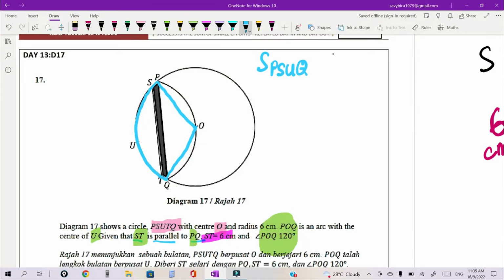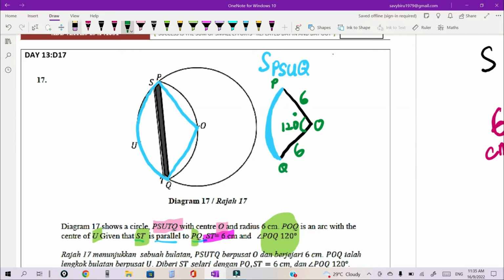To find the length of arc PSUQ, the blue color is the arc length. The radius is 6 cm and the angle there is 120. Angle POQ is 120 degrees. So you can use the r theta formula, and then minus